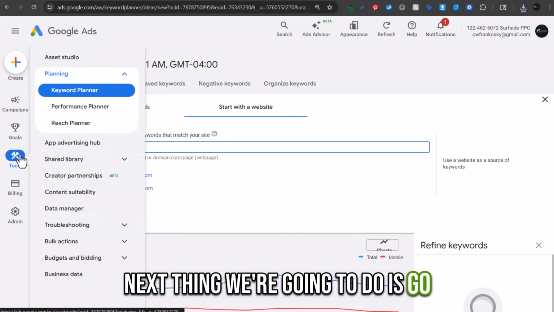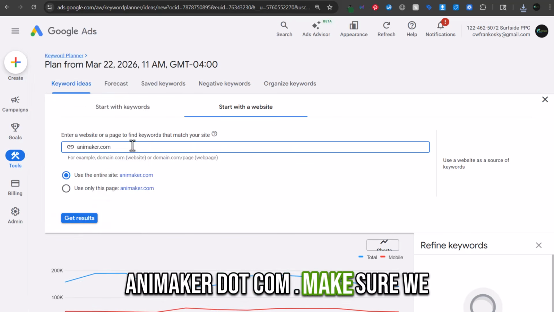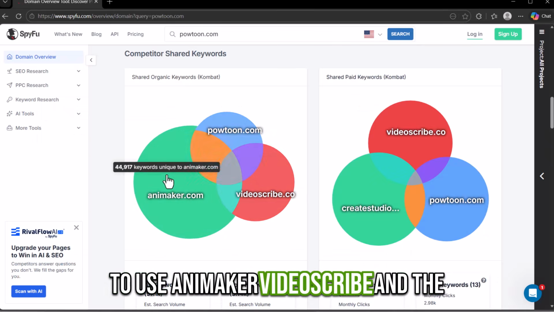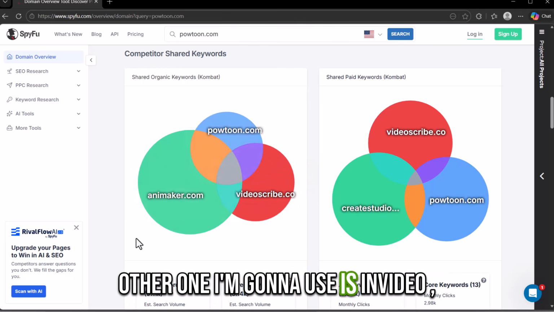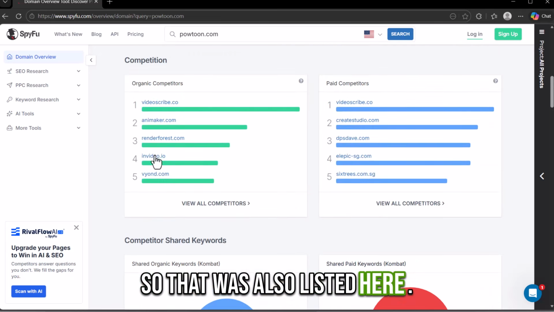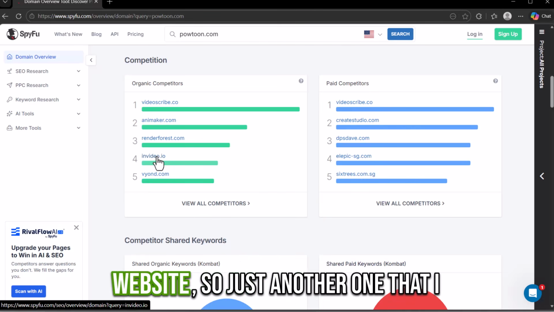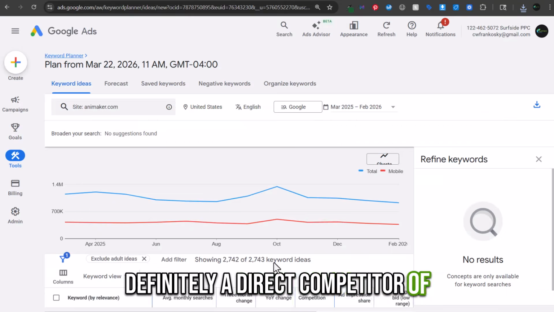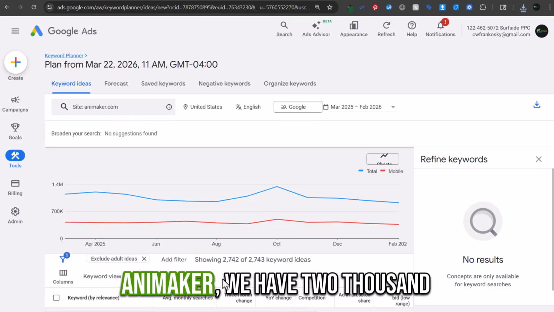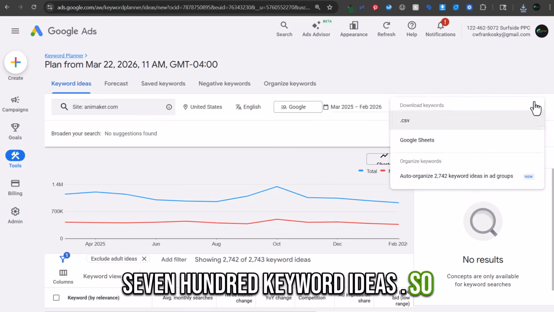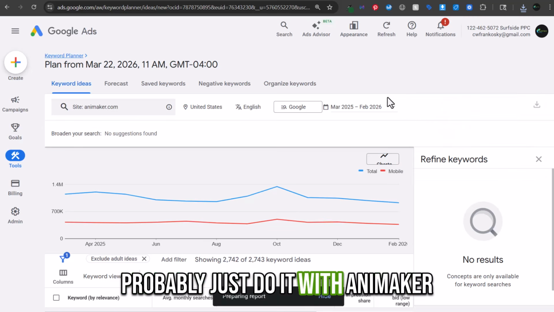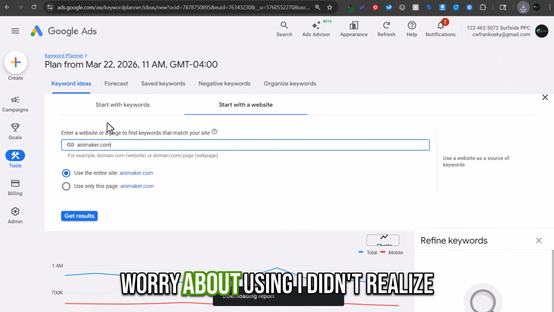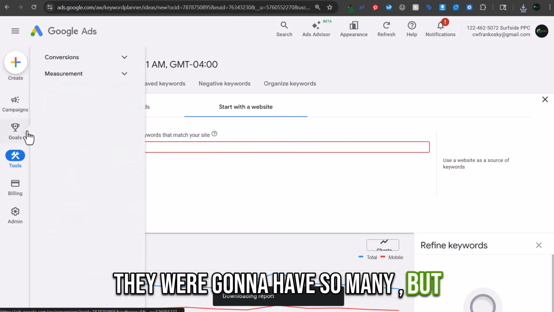The next thing we're going to do is go to animaker.com. Make sure we spelled that right. Yes, we did. So Animaker, basically we're just going to use Animaker, VideoScribe, and the other one I'm going to use is InVideo. So that was also listed here, invideo.io. They're a very big website. So just another one that I want to go after. I know they're definitely a direct competitor to Powtoon, it looks like. So with Animaker, we have 2,700 keyword ideas. So we could probably just do it with Animaker where we don't need another one. Let's do one more. I didn't realize they were going to have so many, but we'll go